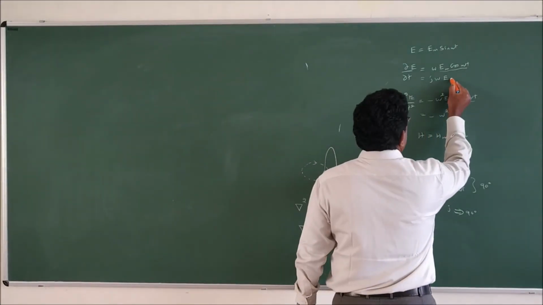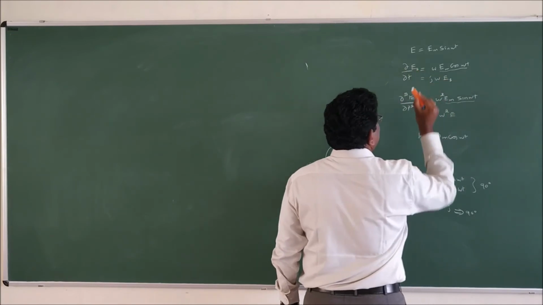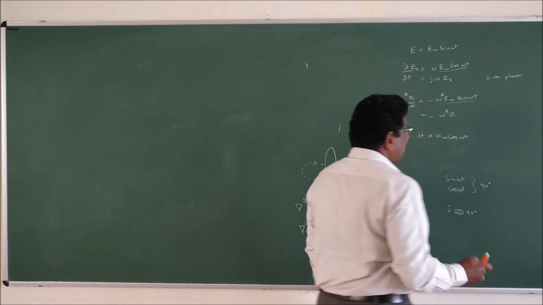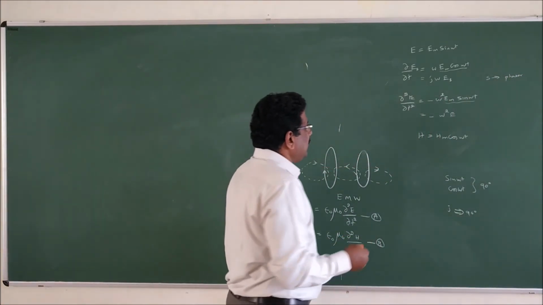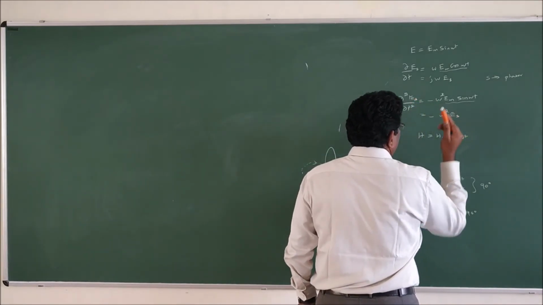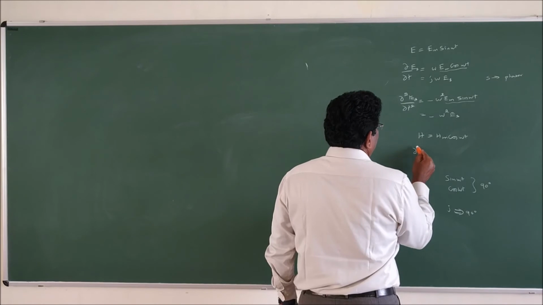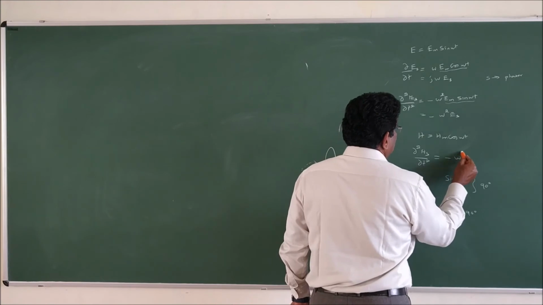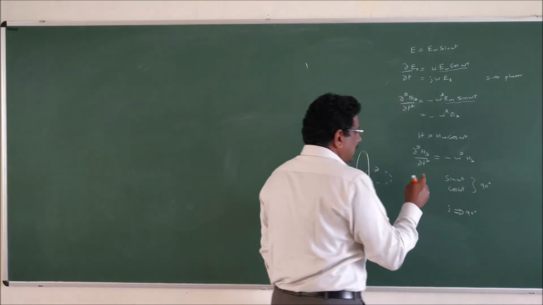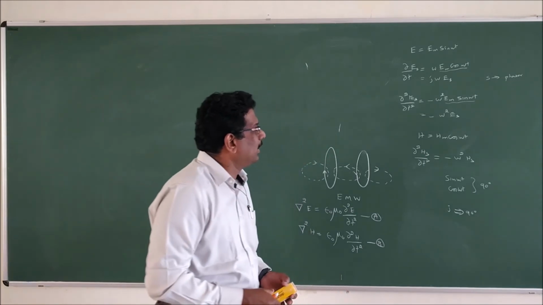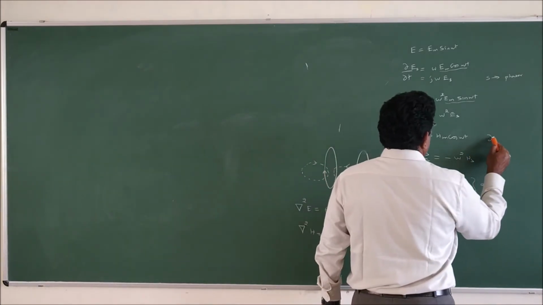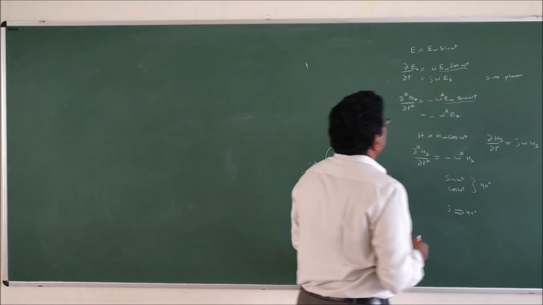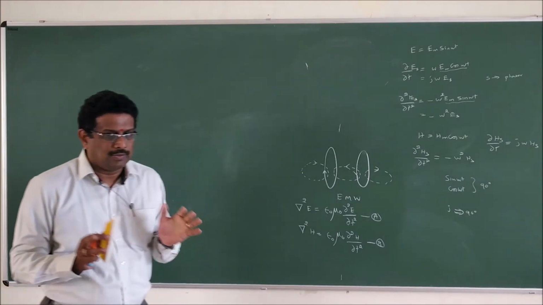We represent it with a small letter s, and that s indicates a phasor, that is, the phase difference of 90 degrees. Even here, I would like to use the same idea. Del square hs by del t square should be minus omega square hs. Del hs by del t should be j omega hs. So keep that knowledge with you.